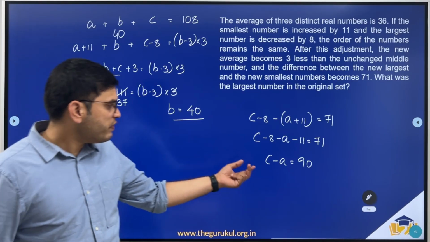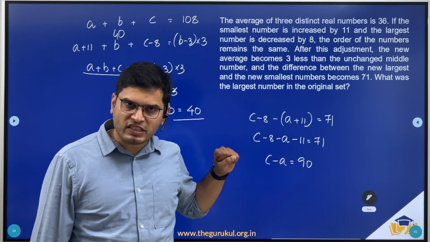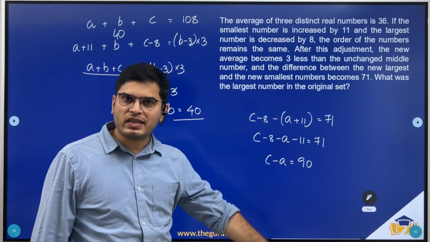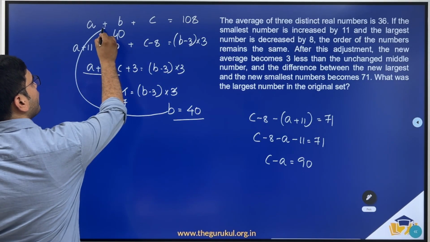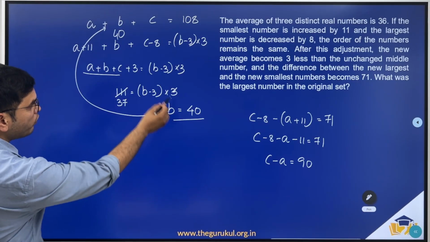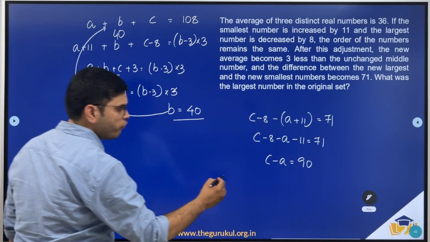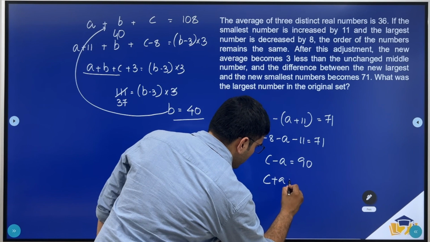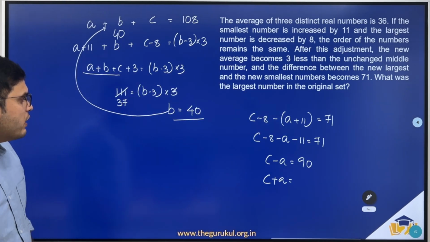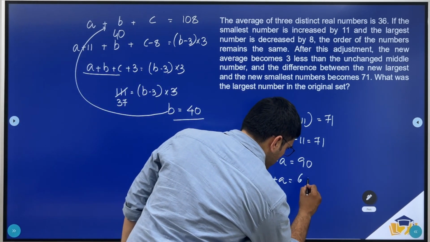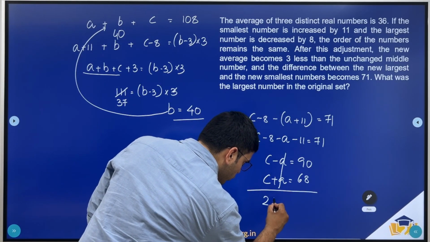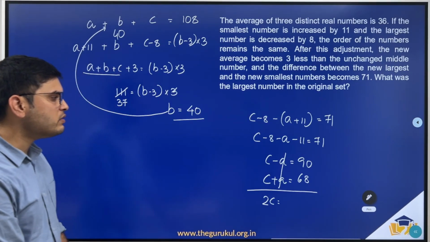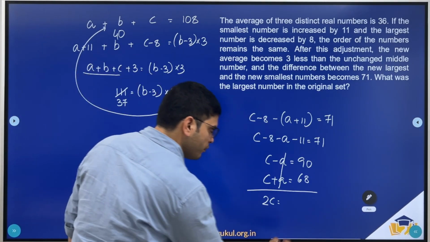And now since we have two variables, we need two equations, right? One equation is C minus A is equal to 90, and the other equation can be obtained by placing the value of B in this equation, right? So if I put the value of B in that equation, we will be having C plus A is equal to 108 minus 40, 68. Done. Now add these two. So you'll be having 2C is equal to 90 plus 68,